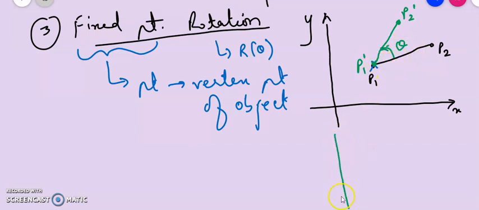But if I consider P2 as the reference point, so this is P1, this is P2, I would have considered P2 as the reference point. According to P2, again we could rotate it either in anti-clockwise direction or else in clockwise direction. So I can consider any one point as the reference point. Taking that as the reference point, we call that fixed point rotation, and then we perform the required rotation out here. So this is about your fixed point rotation.